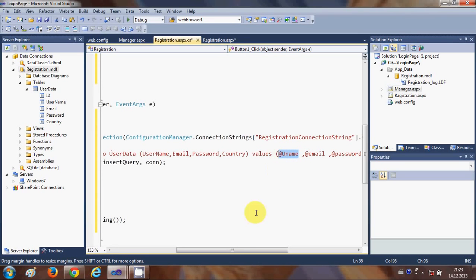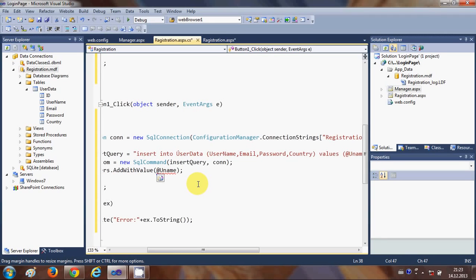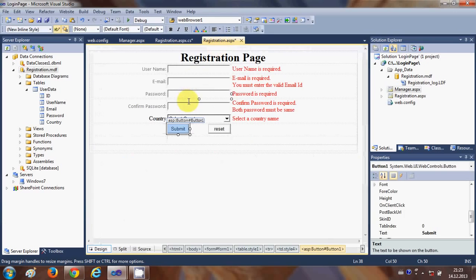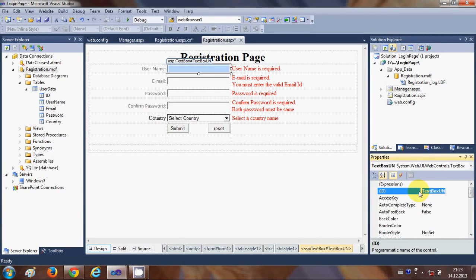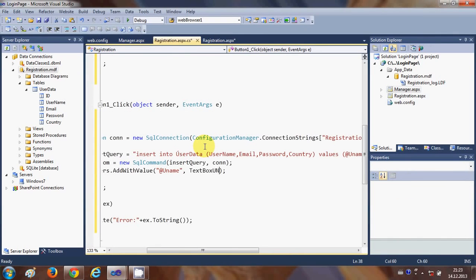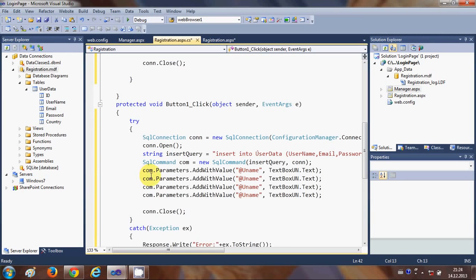First is this argument, which is at the rate username, and the second argument would be, in double quote first of all, and the second argument would be our text box from which we are taking the values. So first text box was username, so text box username dot text. Okay,